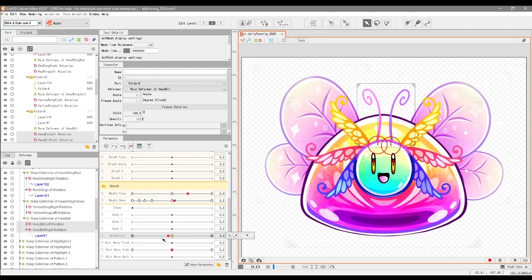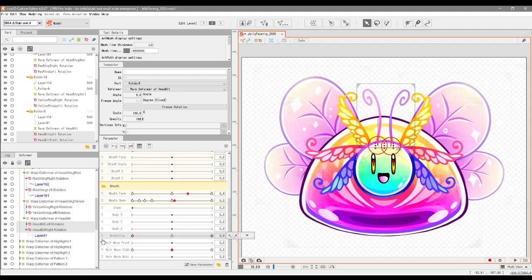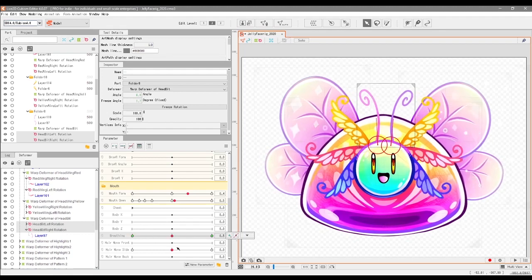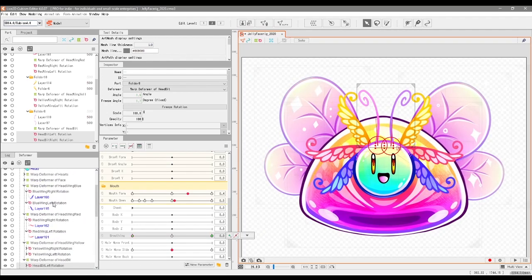As the character breathes out, I'm going to see what happens if I make the antennas go the opposite direction, like this, just to vary up the motion. And yeah, I quite like that actually. Like I say, it may need some refining, but that's the general premise of what we can do with the